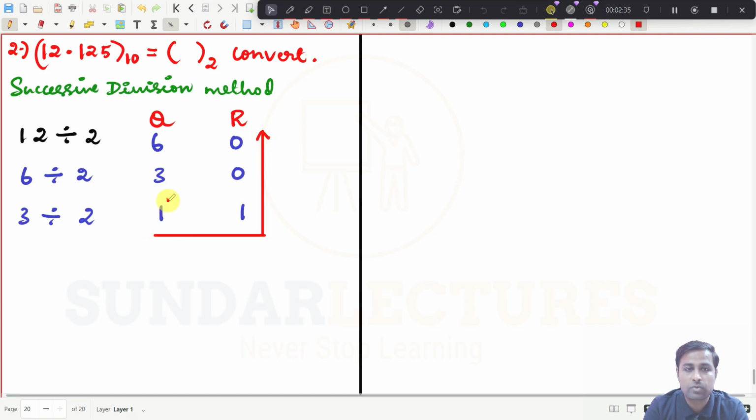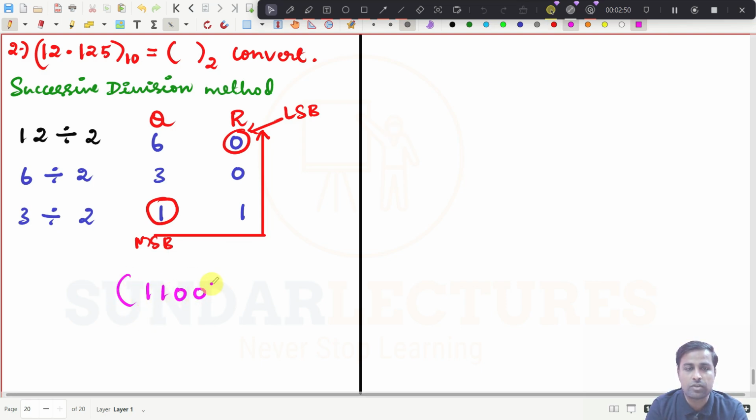So what is this one? This is MSB and this value will be LSB, most significant bit and least significant bit. So this is 1100 at the base of 2, only for this 12, that is the integer value. And what we need to do, we have to go for successive multiplication also,